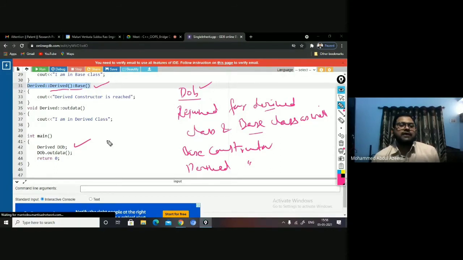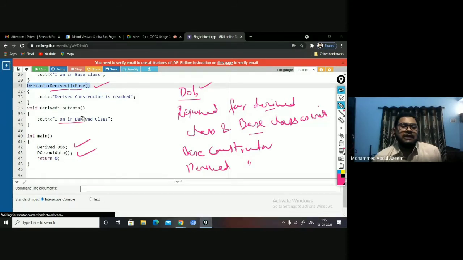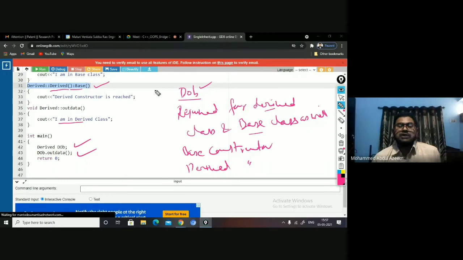Right now, what is it that you have? The next statement is to call the outData function. So the outData function is going to be called. When the outData function is called, it will display some statement. But I know that base class members are accessible within the derived class with the scope limitations specified by the visibility mode, and I have a display function available in the base class with public access. The base class is derived privately, so it has become private in the derived class. It means I can access it within the function.